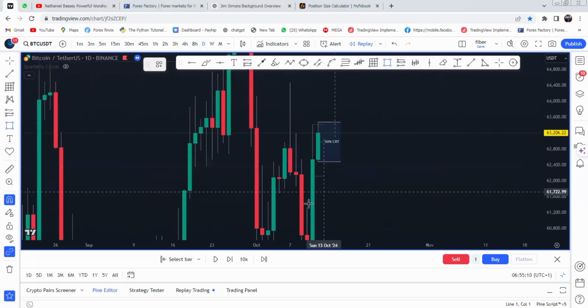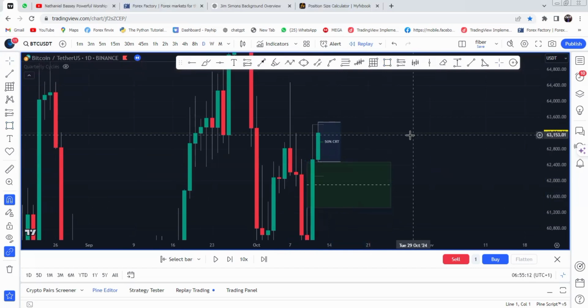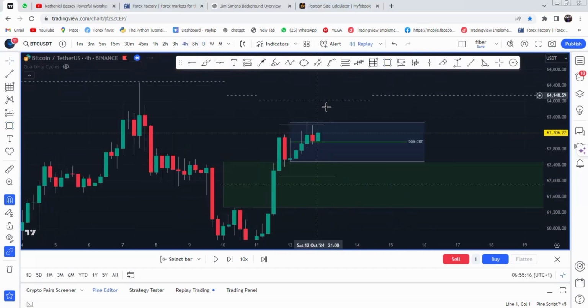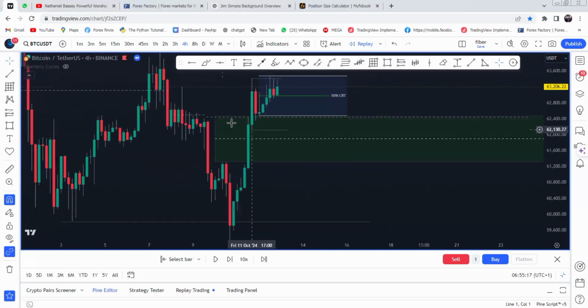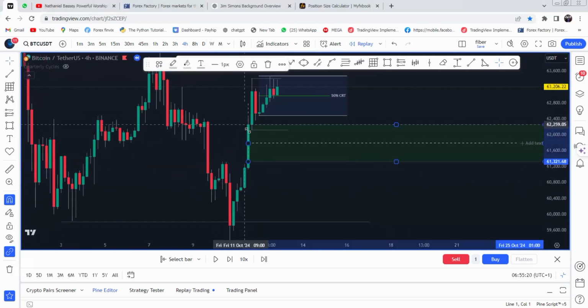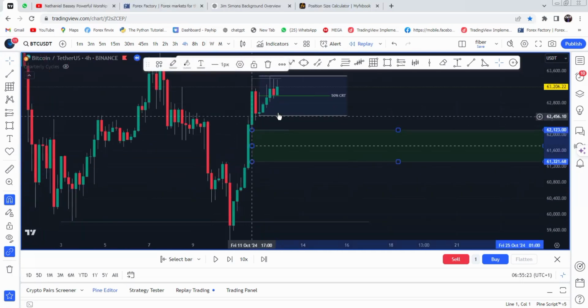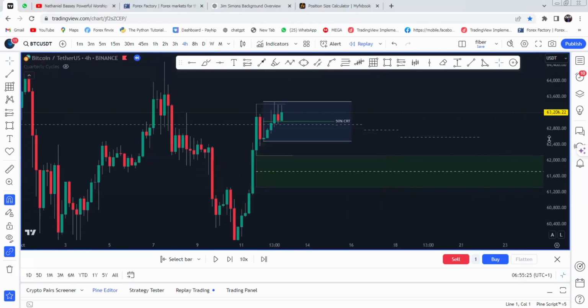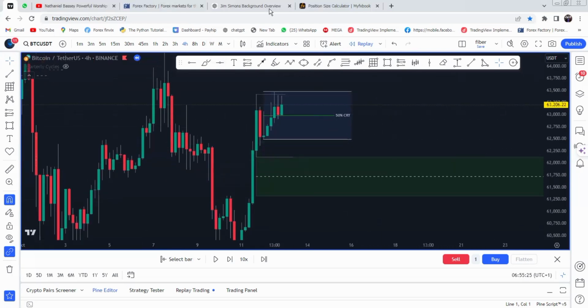Remember, this is our daily time frame key level, right? Which is the daily fair value gap. Now on the 4-hour time frame, this daily fair value gap can be refined into this level, all right, which is taking the low of the CRT. So now, if the market comes down and takes out this CRT low candle,